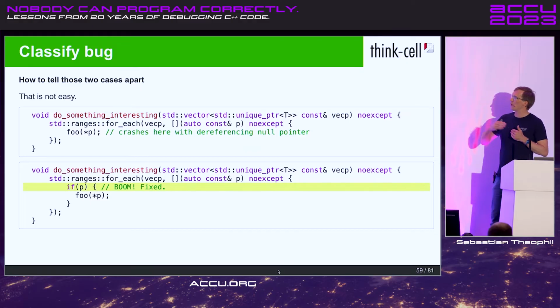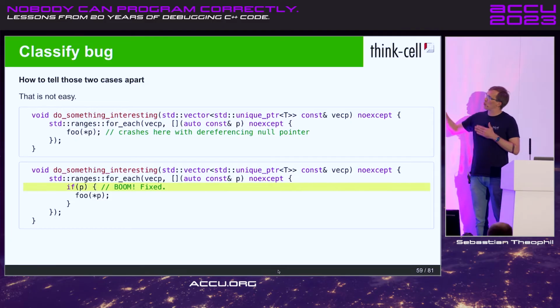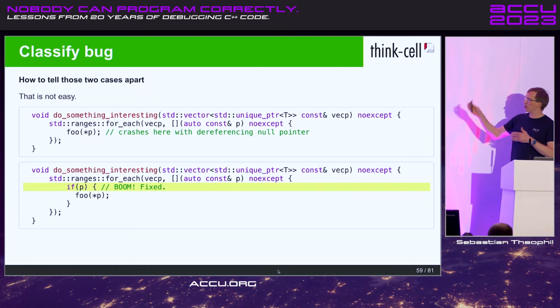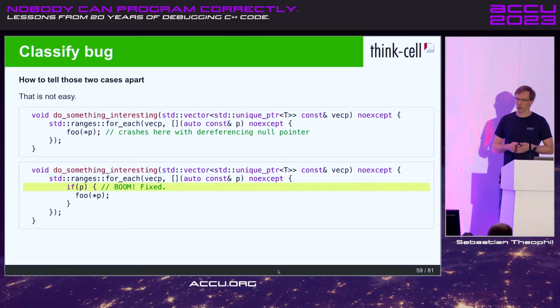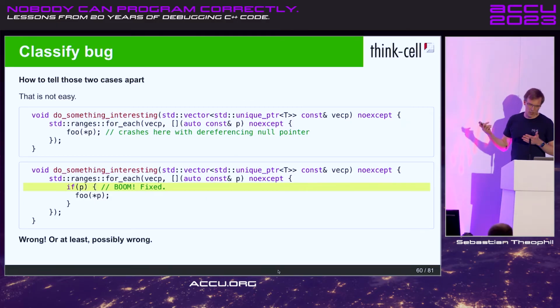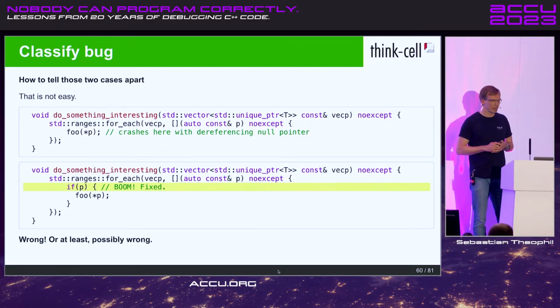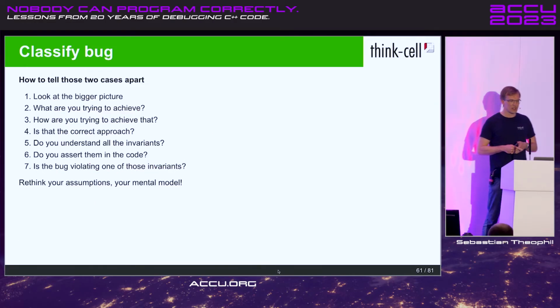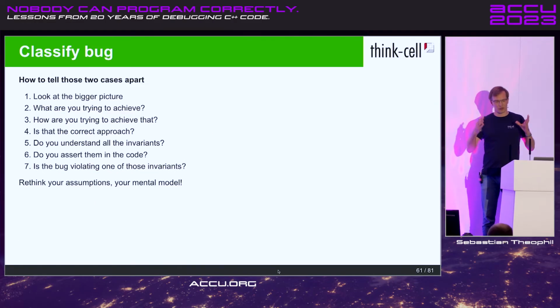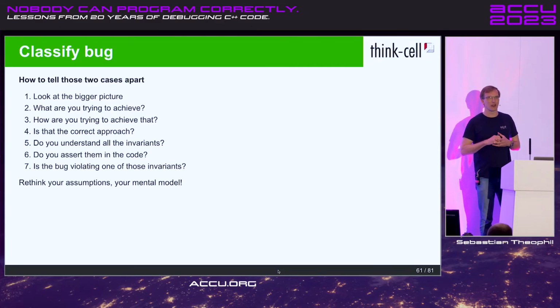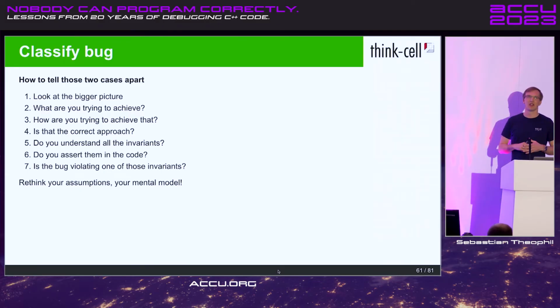So there are a lot of questions you should ask until you can decide if that was a small problem that can be fixed that way, or if that's a big problem, wrong data structure, wrong algorithm, and you have to rethink your entire approach. Possibly wrong. So like I said, we have to look at the bigger picture and ask ourselves, what are we trying to achieve here, and do we try to achieve it with the best means we have available, or should we be doing something else entirely?